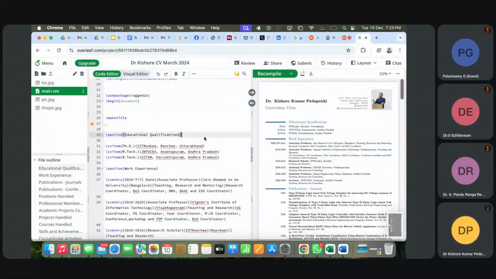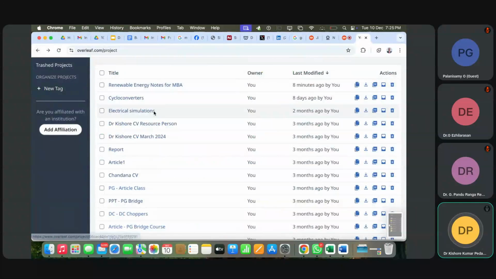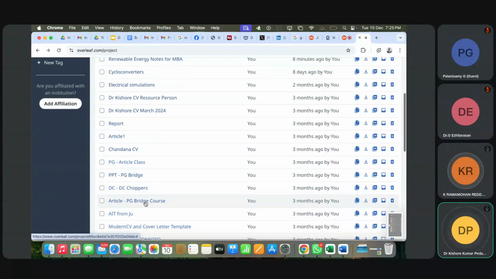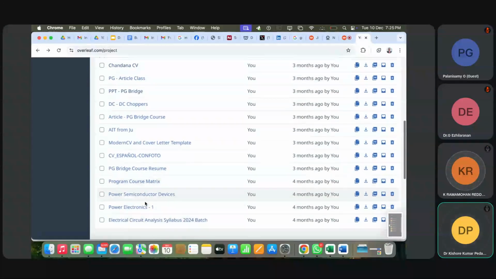So that's all. So this is great. I feel comfortable with making CV. Whenever I get anything, maybe a conference, now I am working as coordinator for this, I will immediately enter it there only, and I feel very happy. Similarly, I have done some other things also. Even we have done the syllabus also.